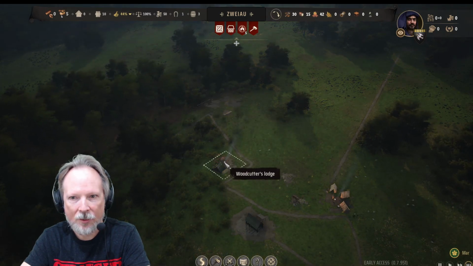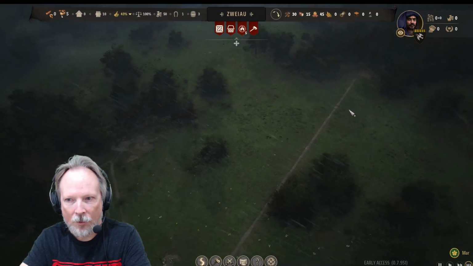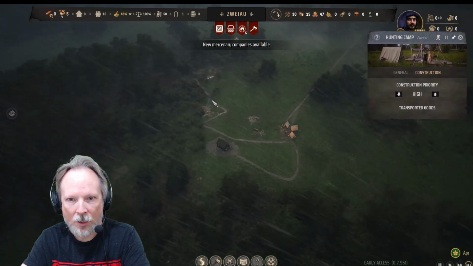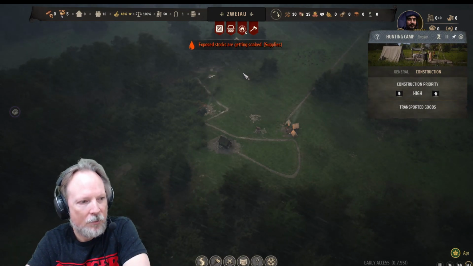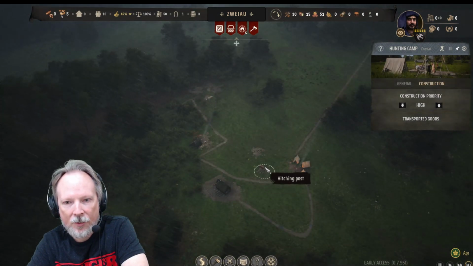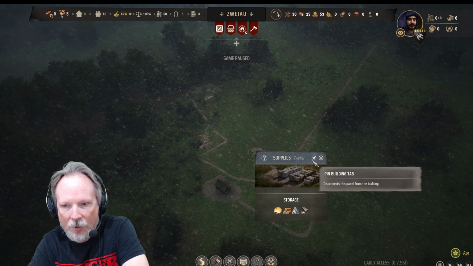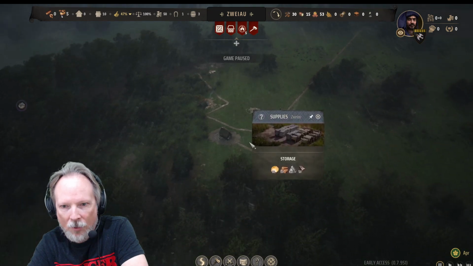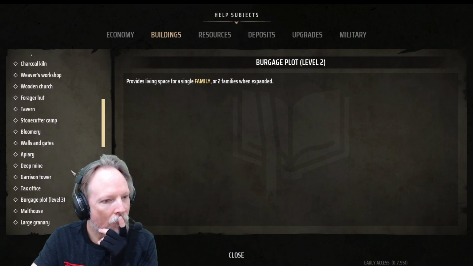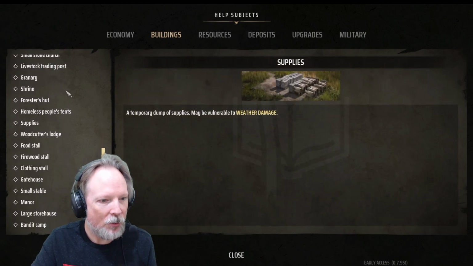Is that actually progressing? Can I stay where there's drink? Thralls are all like here. How do we do this? Let's do high priority. Exposed stocks are getting soaked somewhere in supplies. How do I grab those? Aha. How do you get people to...